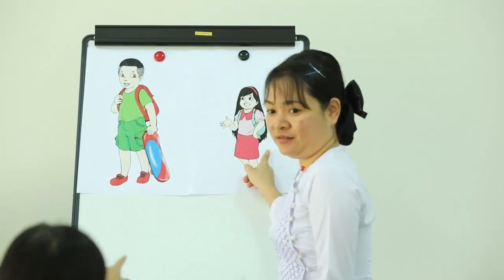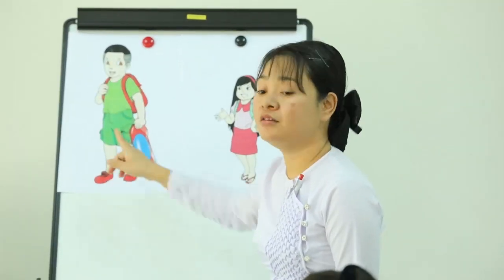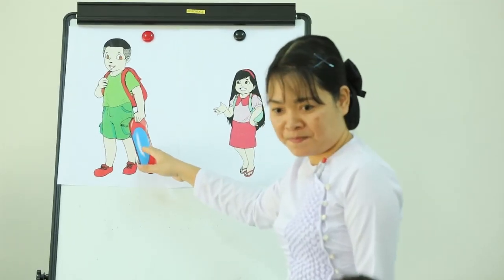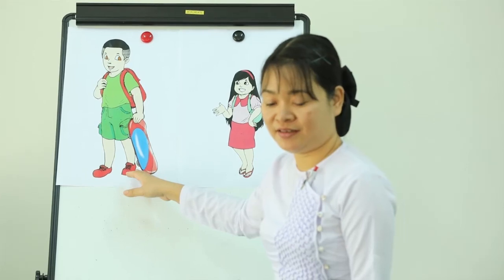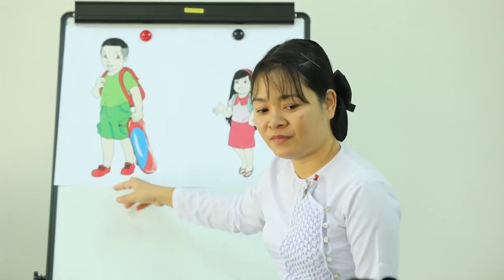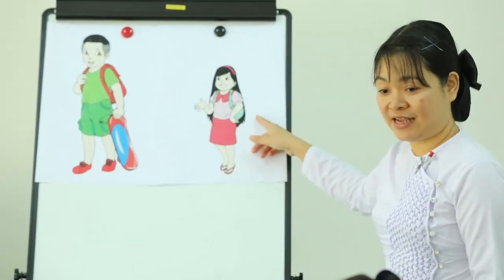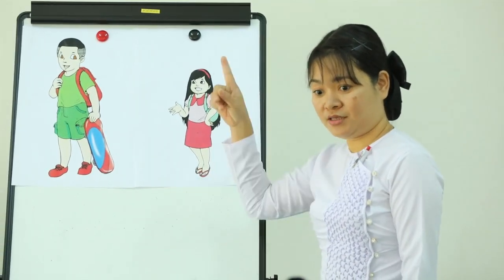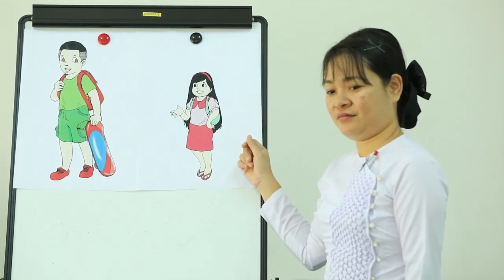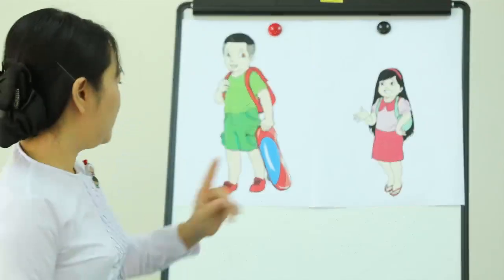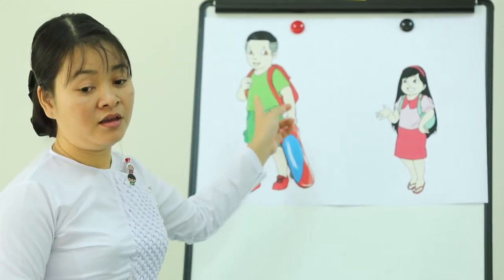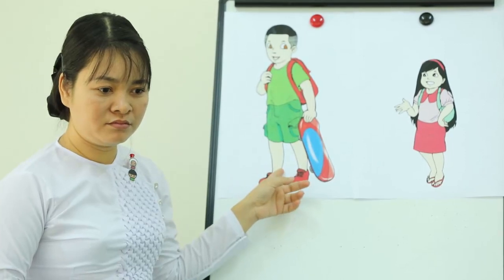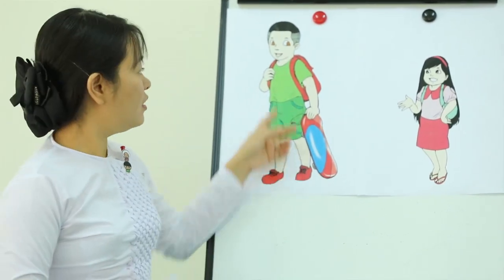Who is tall? This one or this one? Is he tall or short? He is tall. Would you like to know his name? Yes. He is Ted. Who is he? He is Ted. She is Nanda. Who is tall? Ted is tall. Who is short? Nanda is short. He is my friend. His name is Ted. Is he tall or short? Tall. Yes, he is tall.